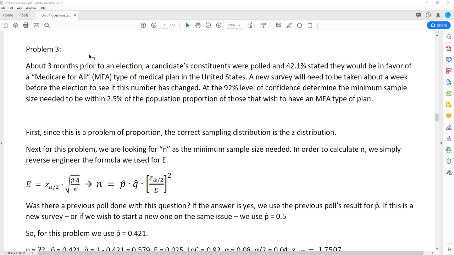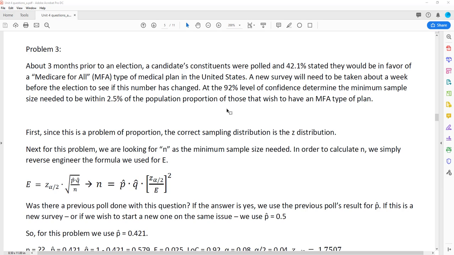Let's take a look at problem 3. Problem 3 is different from the others because we're not actually looking for a confidence interval. What we're looking for instead is a minimum sample size necessary. It should be somewhat intuitive that the more people you survey, or the more samples you take, the larger the number of times you run a trial of an experiment, etc., you'll get closer and closer